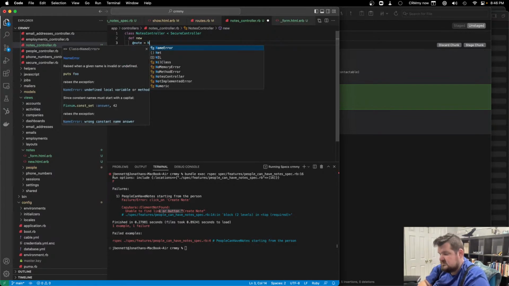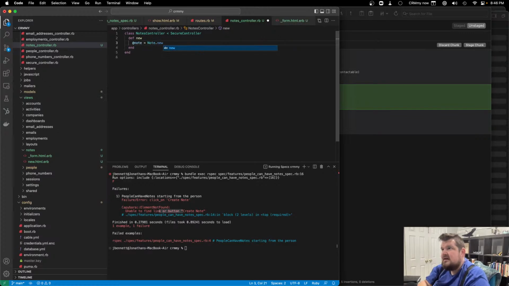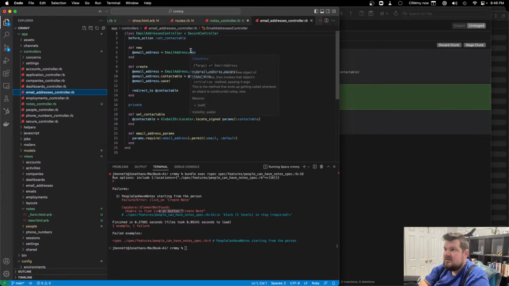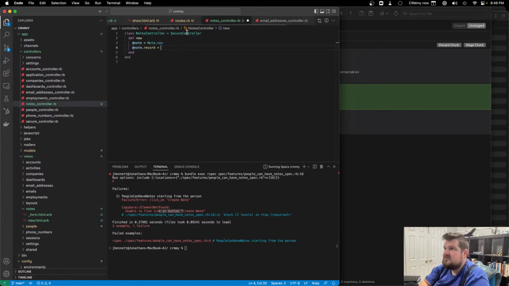So note equals note.new, and in here we want the note dot record equal to... how do we set that up for the email addresses? So on new we did nothing. We did before set contactable. So yeah, let's do the same thing here. Before action set record,